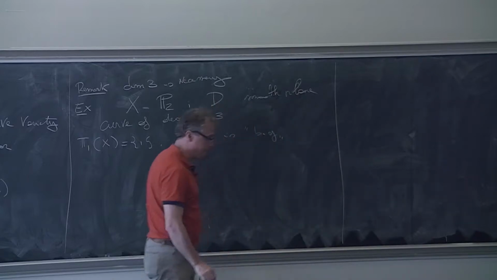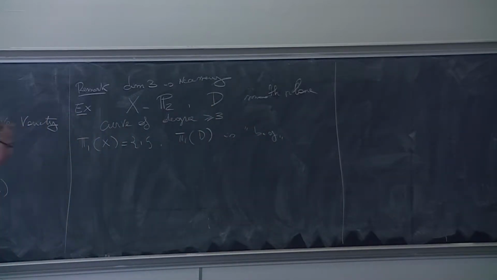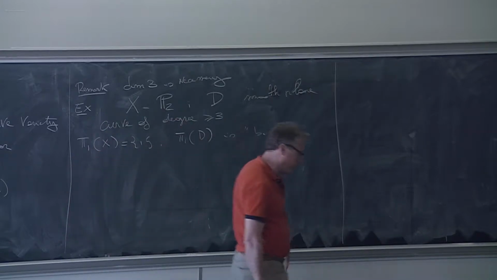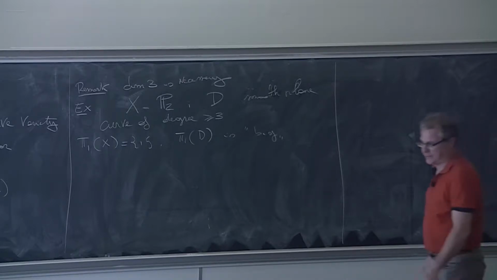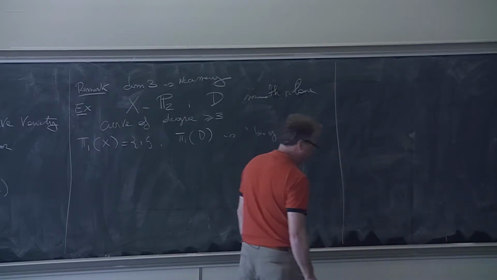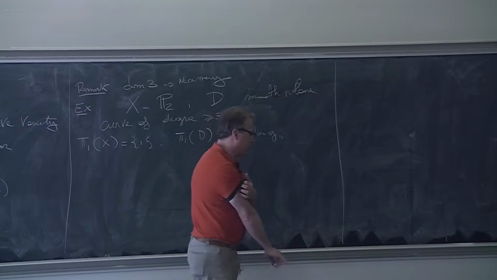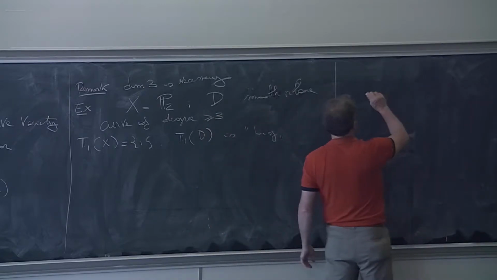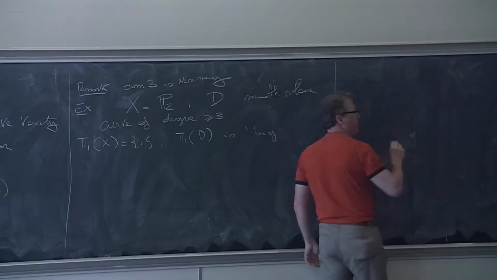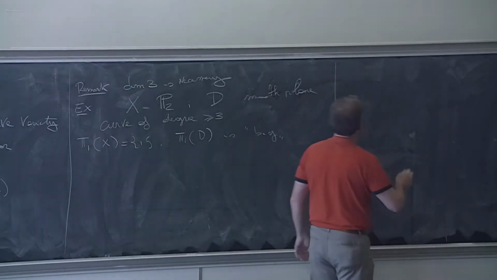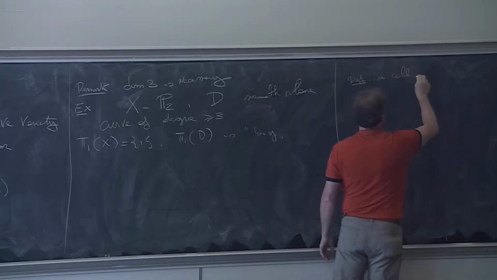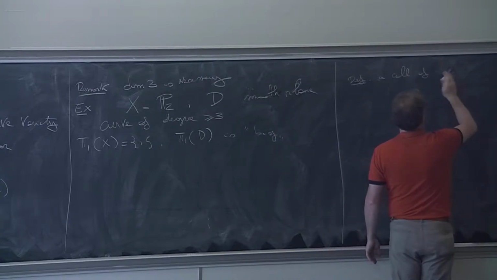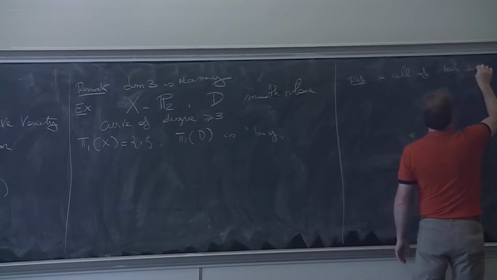And now I want to explain, and the proof will pass through a theory which I will very rapidly sketch, which is called Morse theory. Let's say what we are going to do. Just to give some definitions, a cell of real dimension n